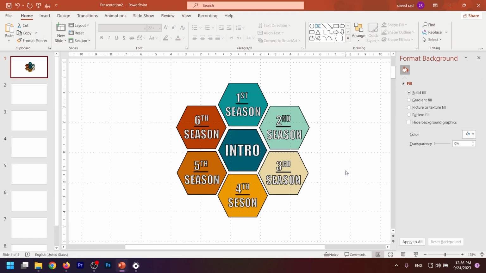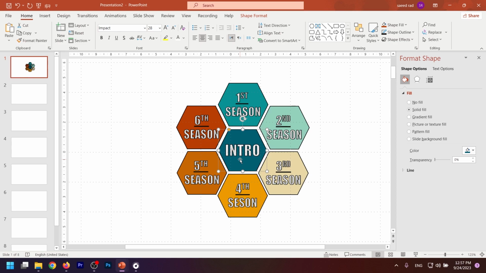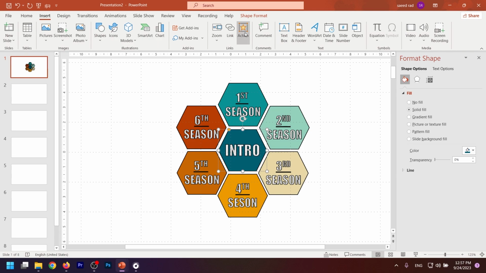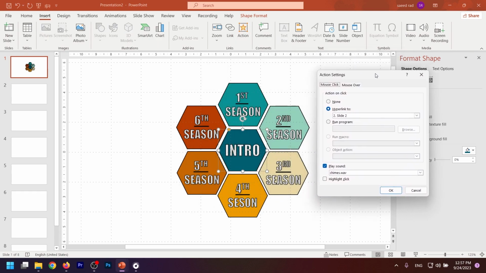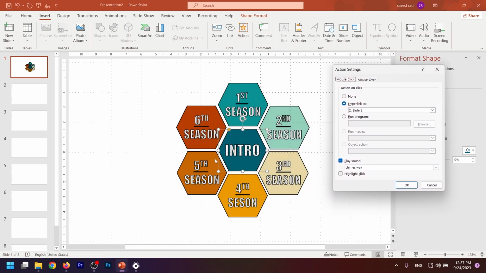Now we want to add an action to our menu by clicking on shapes. Click on the Intro hexagon. Go to Insert, click on Actions. We want, by clicking on Intro, to go to the second slide. By clicking on First Season, go to the third slide. So, click on your shapes, go to the action, and here click on Hyperlink and choose